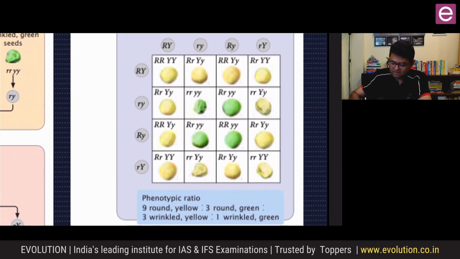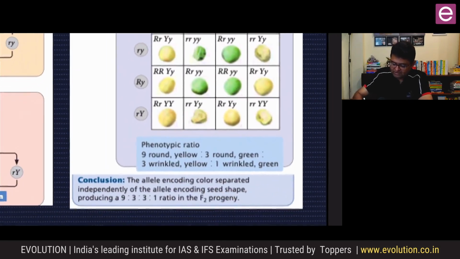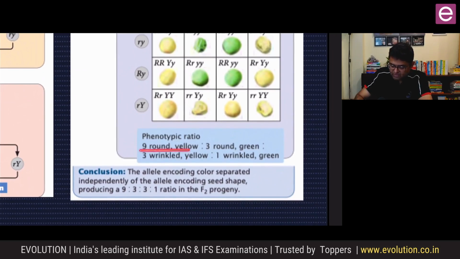So here, dominant R, dominant Y, recessive R, recessive Y, dominant R, recessive Y, recessive R, dominant Y. And same kind of gametes here. And then you just unite these two gametes, you get this. Then this gamete, you get this. This gamete and this gamete, you get this. And this gamete and this gamete, you get this. And then what you get is 9 round and yellow,